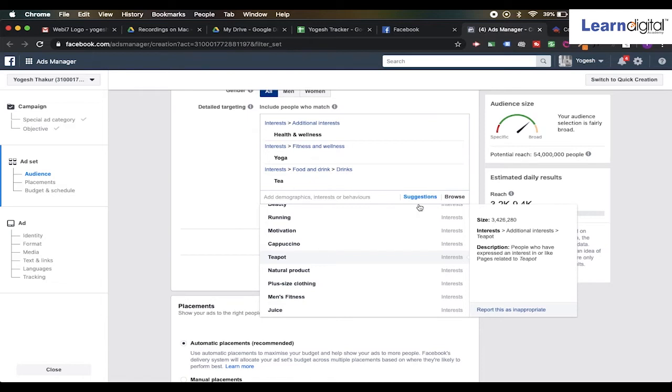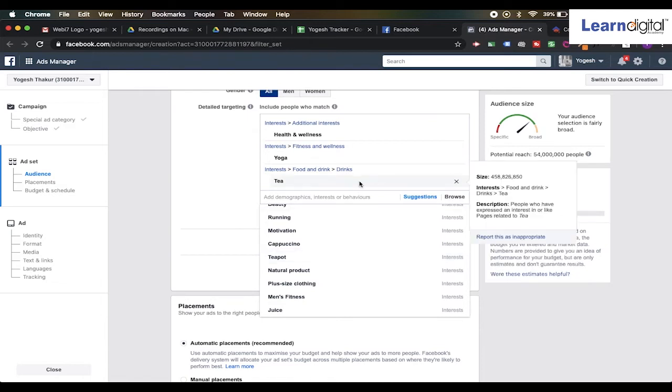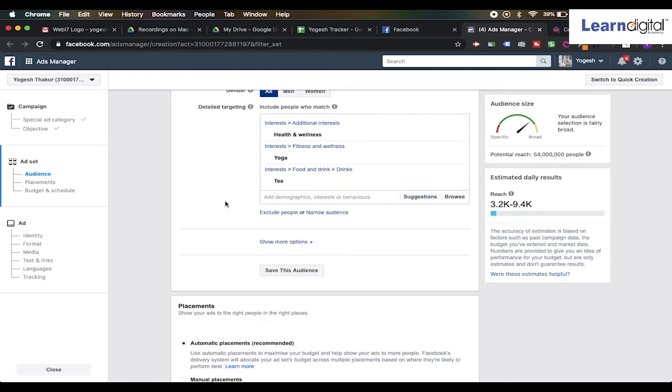Now, out of 22 crore people, I have 5 crore 40 lakh individuals who will be interested in tea, and I'm not supposed to do anything much, but I'm just supposed to do brand awareness of my product over here. So even if I target individuals who are not interested in tea, but somehow might be there, like close relatives could be, brand awareness is something which should be done for everybody, not just for selected people who are having similar interest only. But it also depends upon your budget too. So please be careful about that part too.